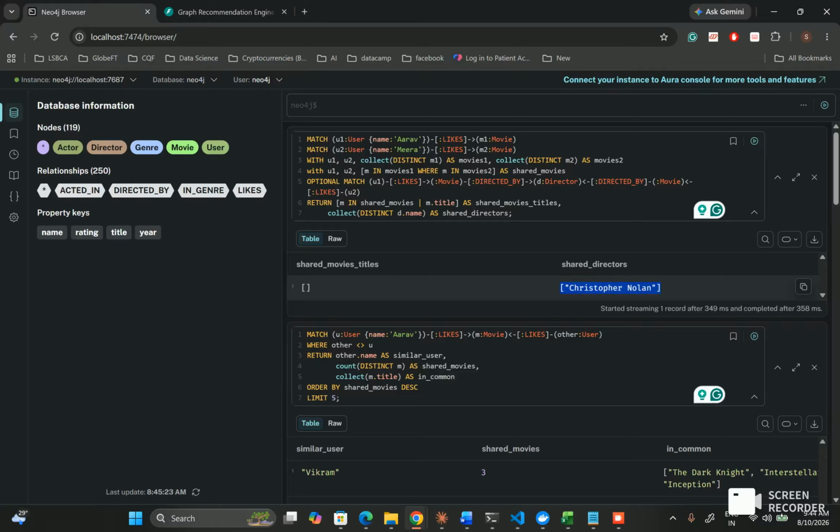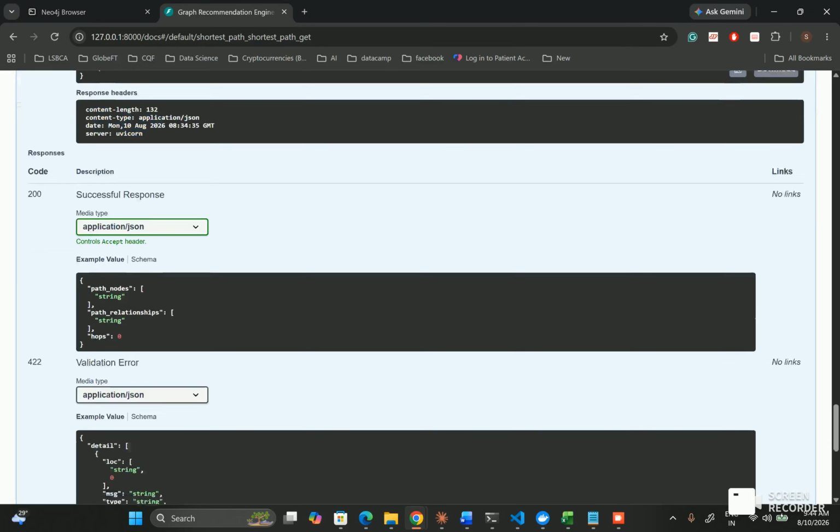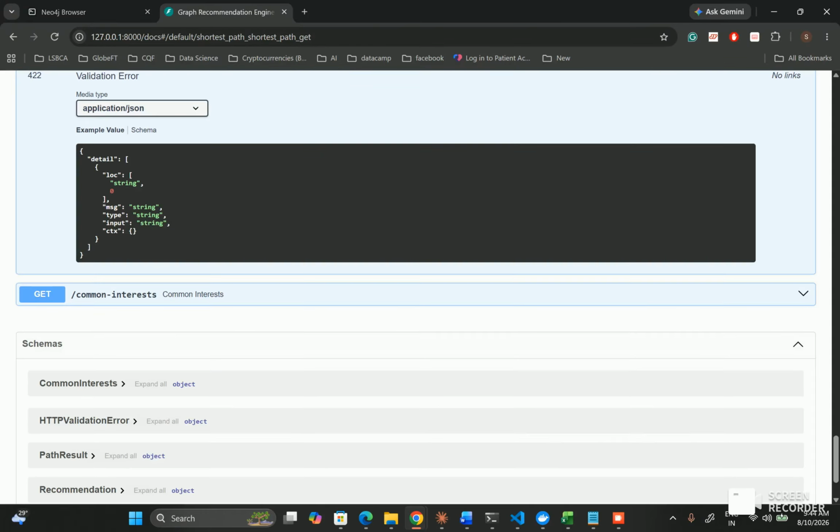And who is the director? Nolan, Christopher Nolan. They each liked a different Nolan film, not a shared film or movie. Okay, film or movie. Got it? Understandable? Makes sense, right? If I go to the API now, again, so I think we are talking about common